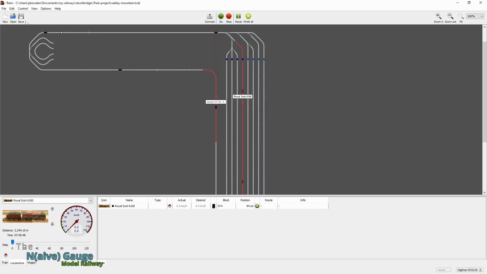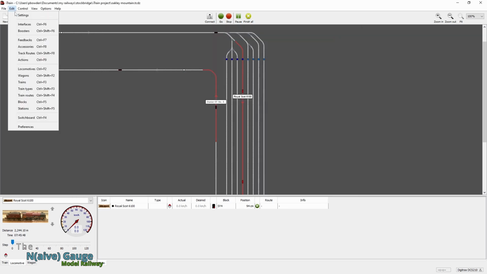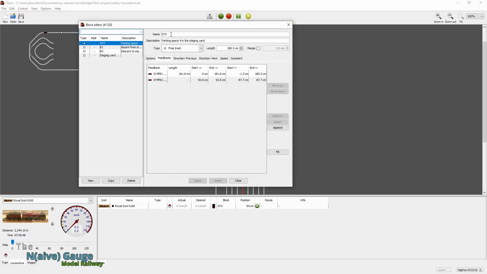And then I need to configure up where that detector is within the block. So if I go to Edit, now the block we're talking about is staging yard lane 4. There we go, SY4, staging yard 4. And here you'll see there's a list of feedbacks. Now the first feedback, that's the occupancy detection. And the second feedback is the optical detector. And you can see here I can set the position of the optical detector. Now in fact, again, I've already set this up. We measured it was